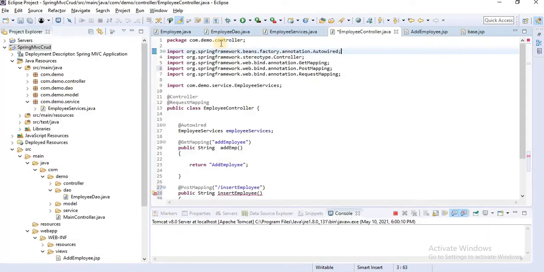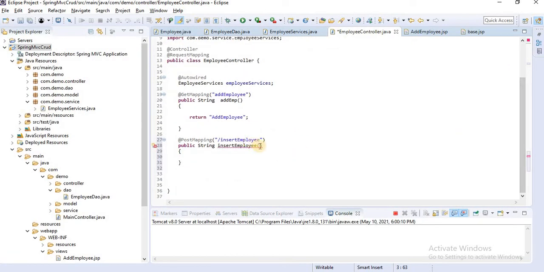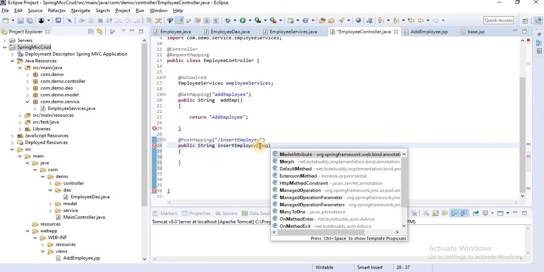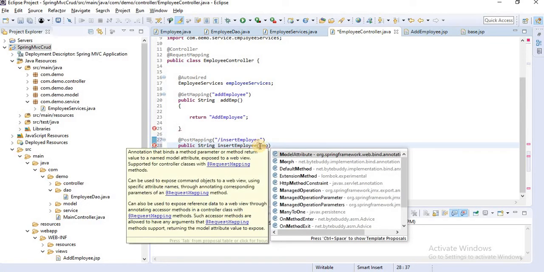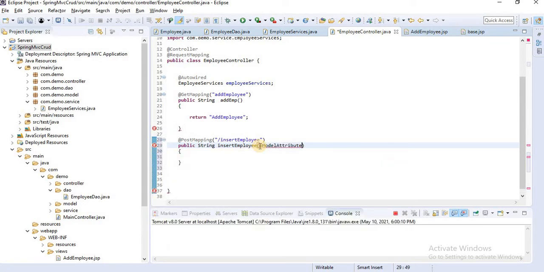For getting that form data, we have one annotation, the Spring MVC ModelAttribute. Inside the model attribute we can pass this URL. Simply copy this URL and paste it here. Then we create one model, then we get data from here.